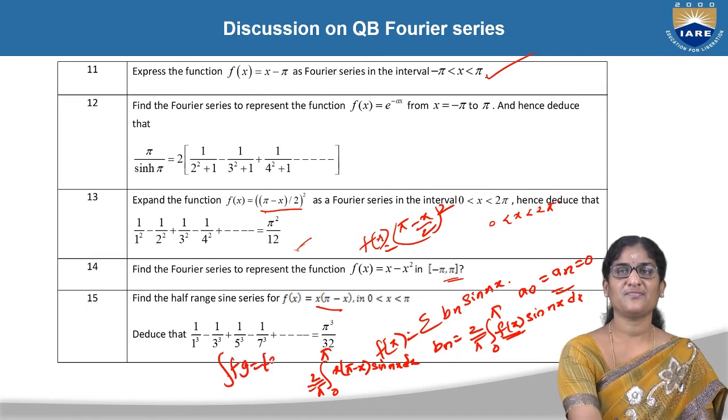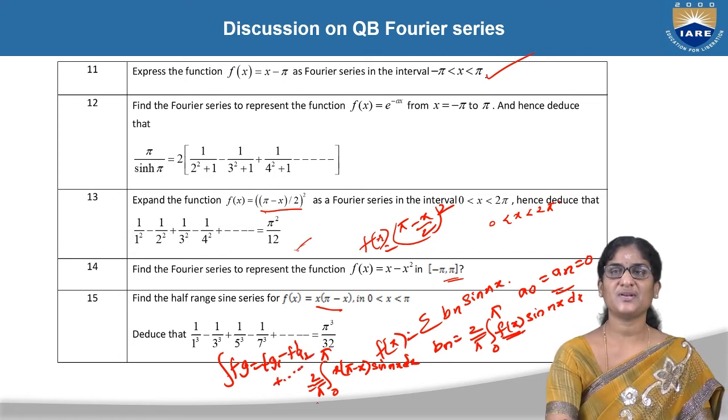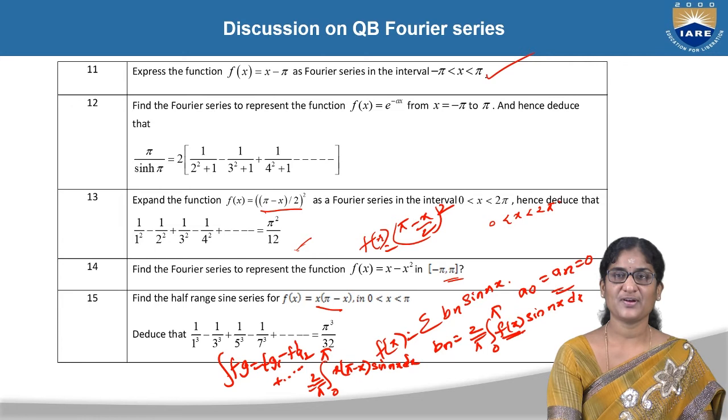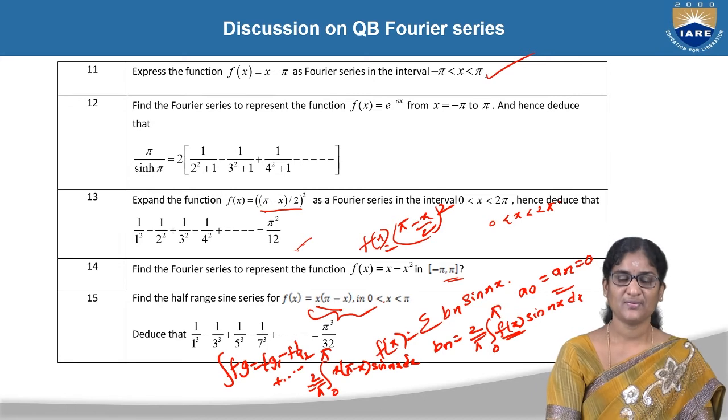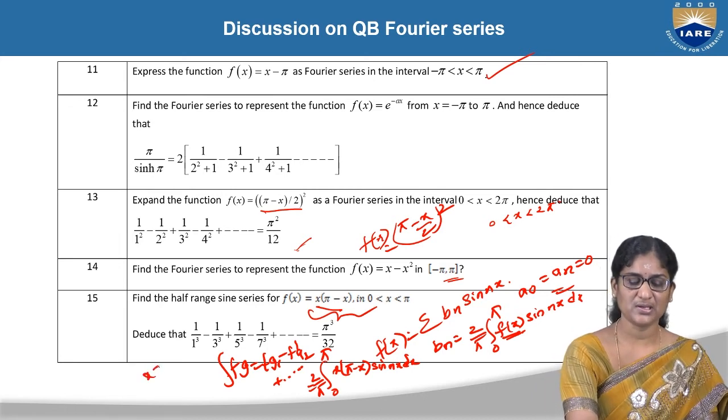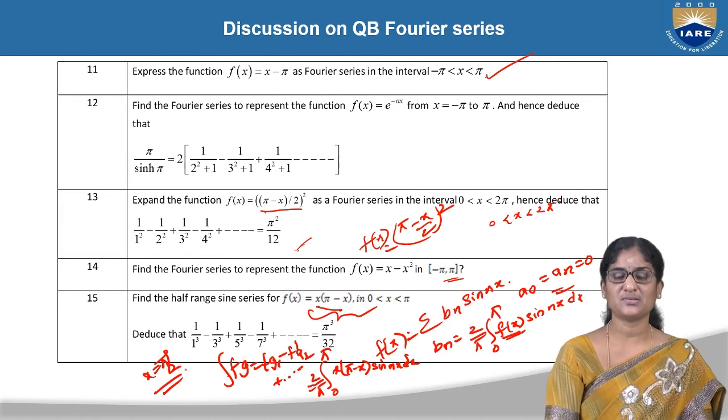that is integral of f into g, which is equal to f into g1 minus f dash into g2 plus so on. Again and again we are using the same integration by parts to get the integrals of this product of two different functions. So we are able to get a half range sine series. After getting the half range sine series, we have to put the assumption x is equal to pi by 2 or x is equal to 0 to get the deduction, based on the assumption